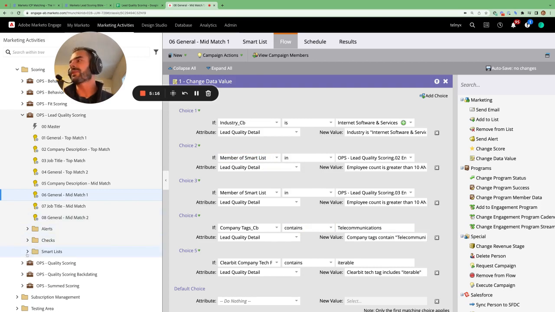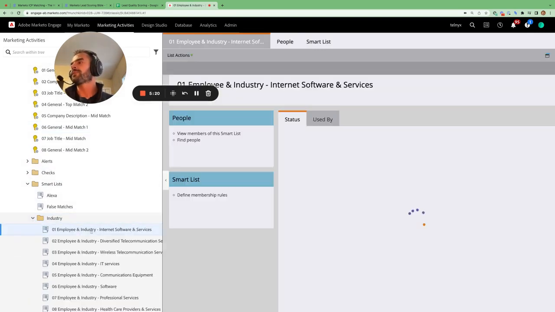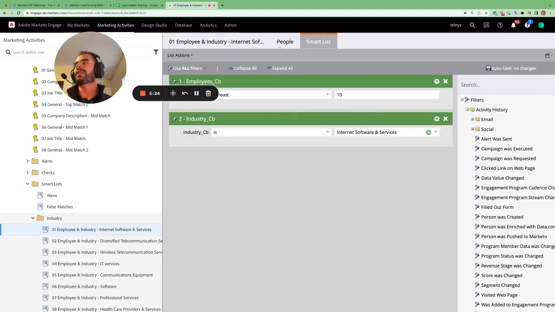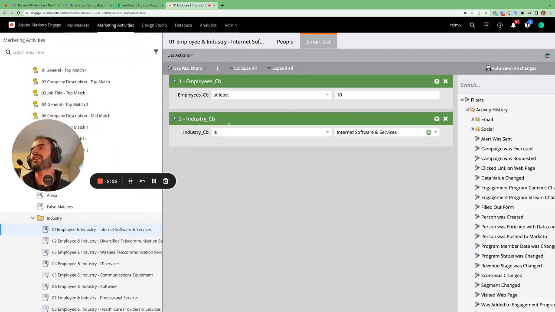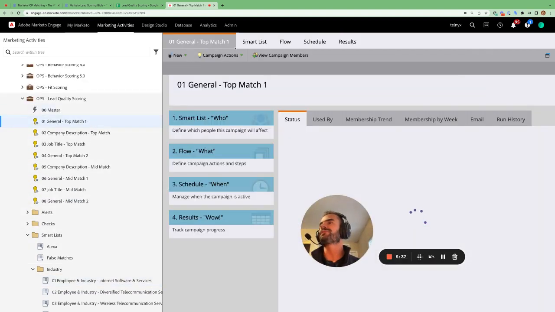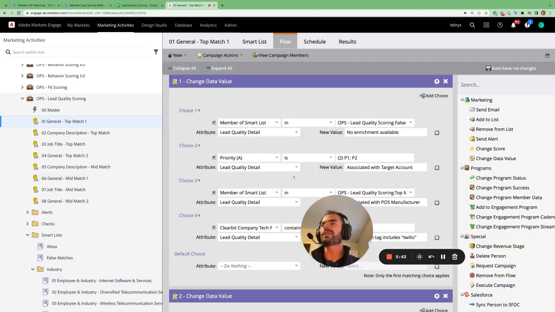And when we're using these smart lists, some examples I'll show you are, when we use smart lists, this allows us to do more complex logic. So we can build all our logic in the smart list. So the employees is at least 10. The industry is internet software and services. And we use this in the general top match 1, where we say if someone is a member of this smart list,